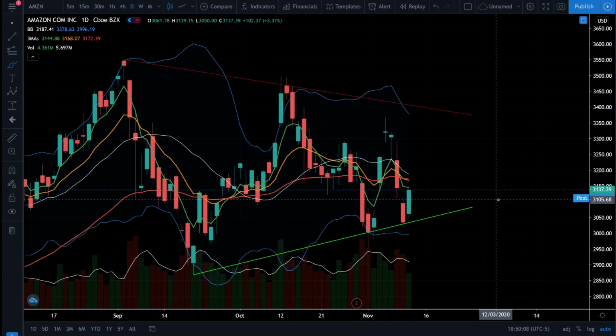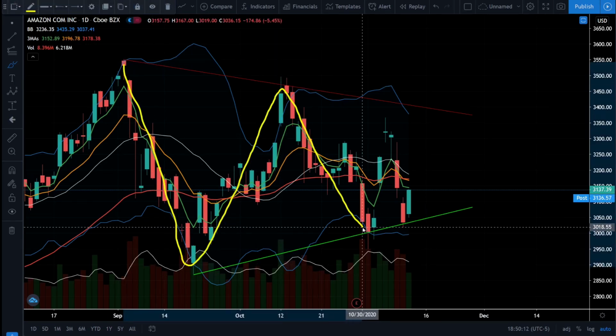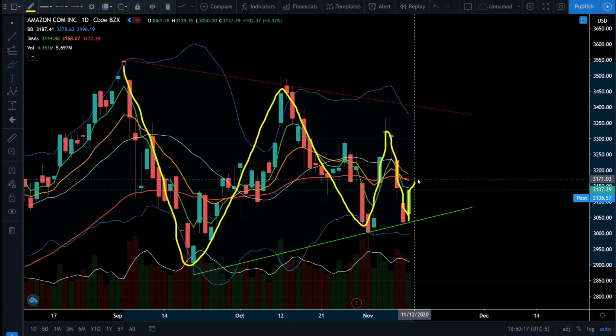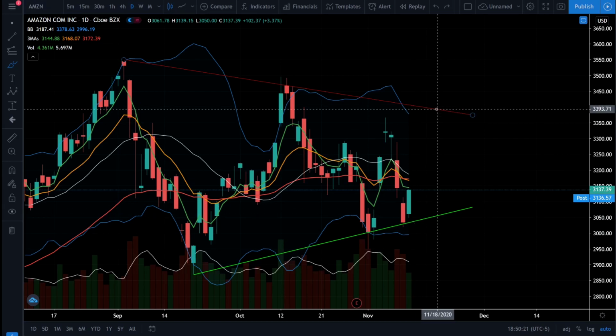Next up is Amazon stock, and we see Amazon in a consolidation wedge just like the Nasdaq 100, and we are testing this support trend line again, and we did get a confirmation bounce today. So it's possible that Amazon is going to continue to bounce and head back up towards our resistance trend line somewhere around a price target of $3,400.